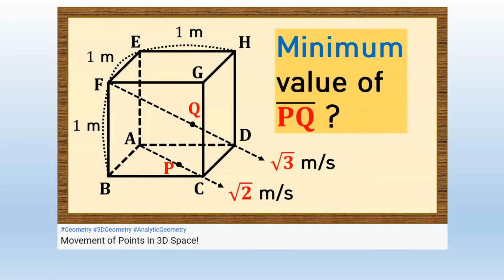Today I am going to visit one of my old videos, namely this particular video. You can check the link to this video at the description or at the top right corner. In that video, I have calculated the minimum distance of length PQ, but that minimum value is not the true